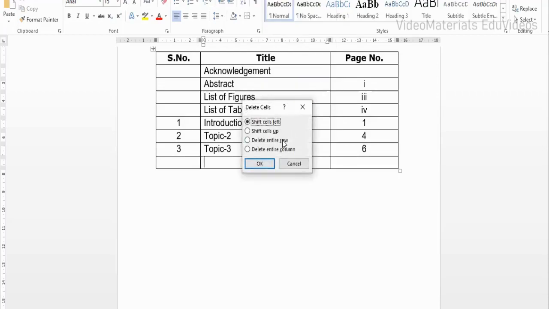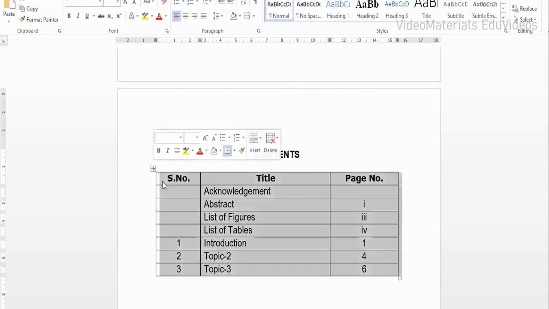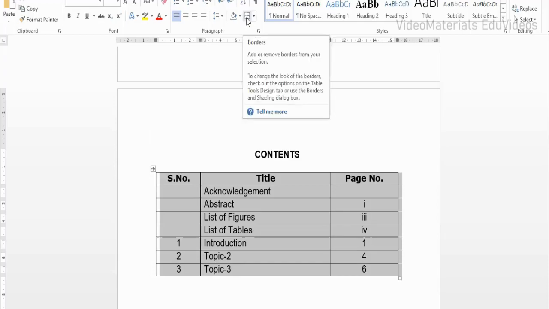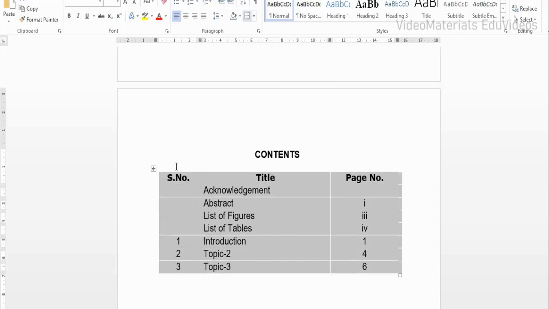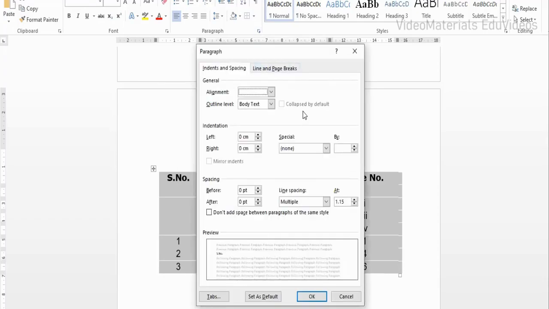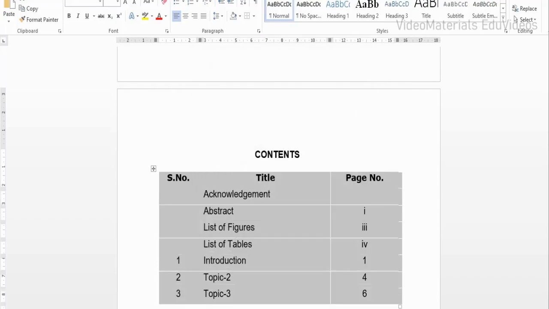So I'm going to select the entire row, and I'm deleting it. After removing the row, I'm going to select the table once again, and I'm going to apply no border, and I'm going to apply paragraph settings, line spacing with 1.5 line spacing, and I'm clicking on OK. And still, if you need more spaces, we can give paragraph spacing option also.